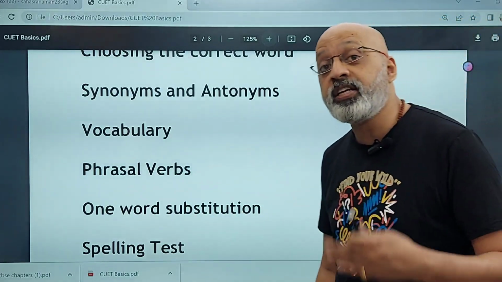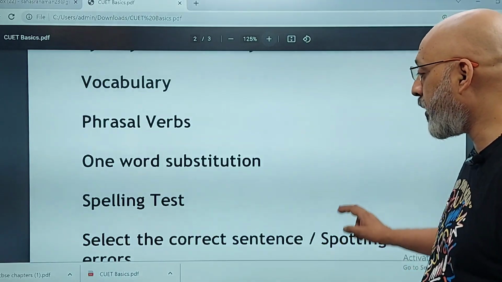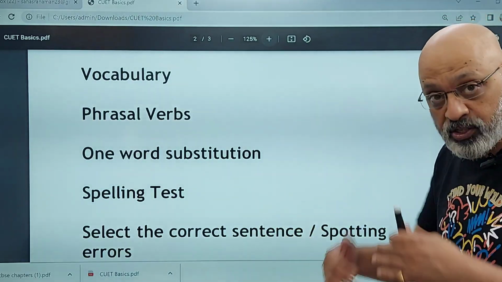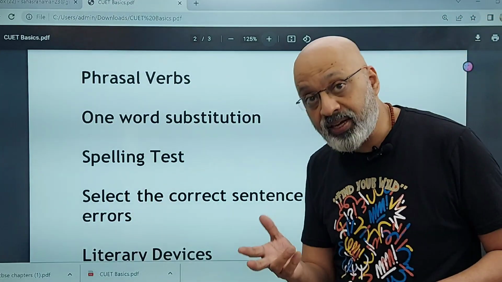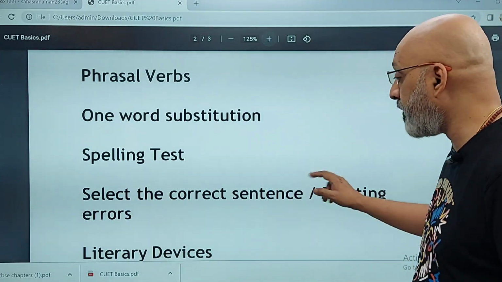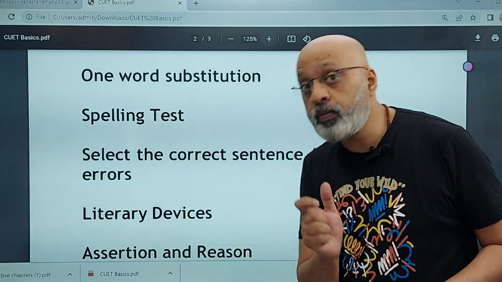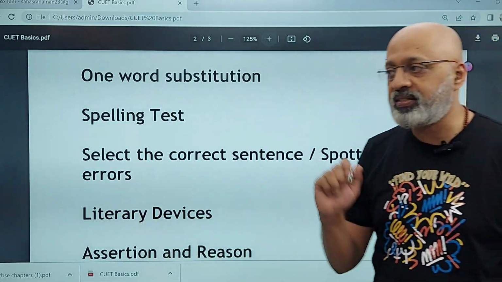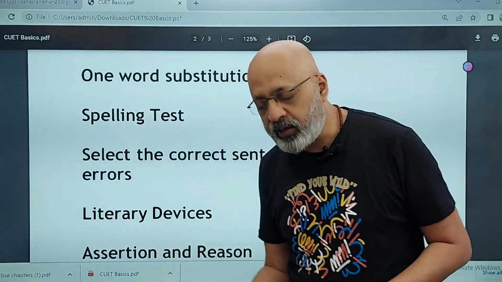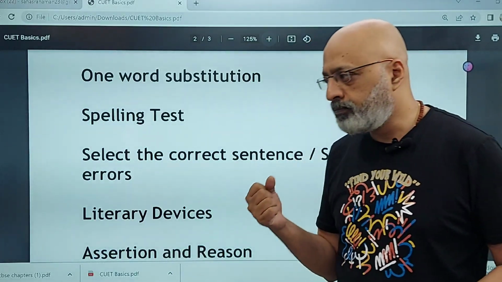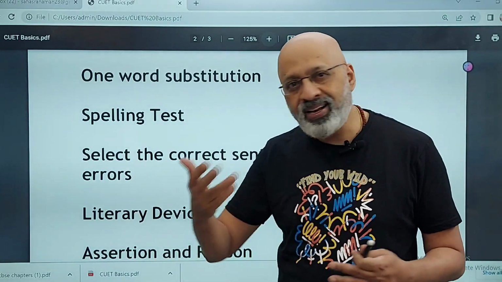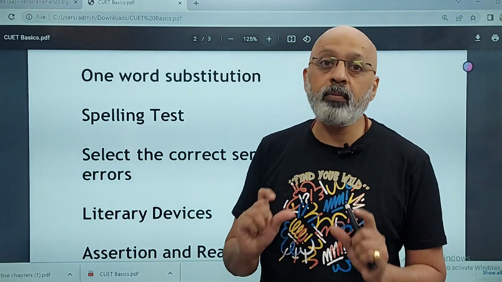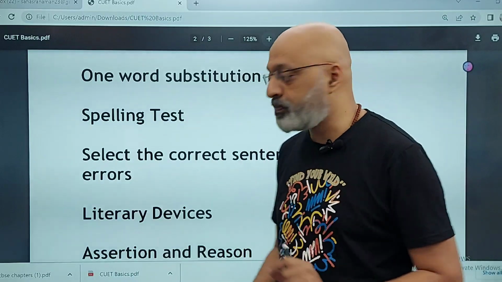I always say make the dictionary your best friend. Okay, then select the correct sentence. उसमें से 4 में से एक ही सही होगा, तो spotting error किस तरह से करेंगे उसके बारे में प्रश्न आ सकते हैं. Literary devices के ऊपर भी प्रश्न आ सकते हैं, जो poetic devices है, जैसे alliteration हो, metaphor हो, simile हो, paradox हो, oxymoron हो, जो भी आपने 10th 11th 12th वगैरह में पढ़े हैं उसके बारे में भी जानकारी होनी चाहिए, उसके ऊपर भी आपसे प्रश्न पूछे